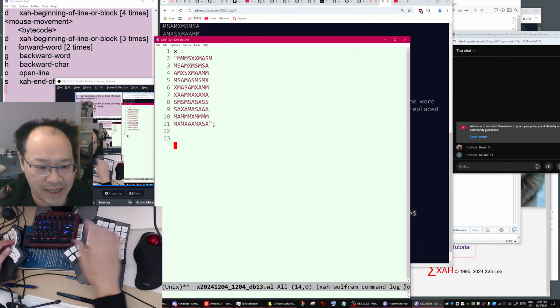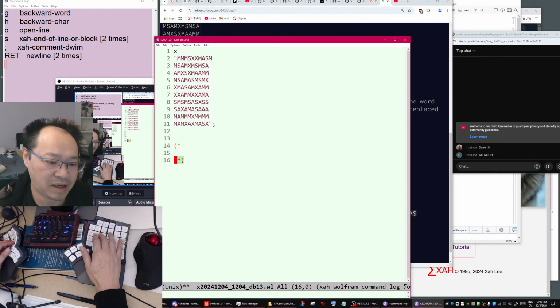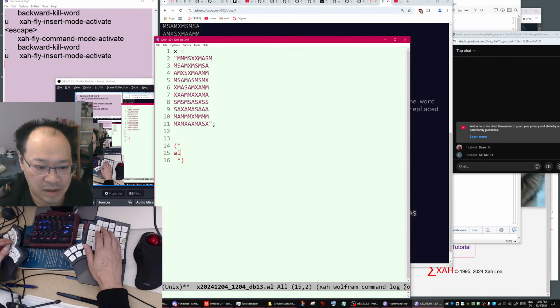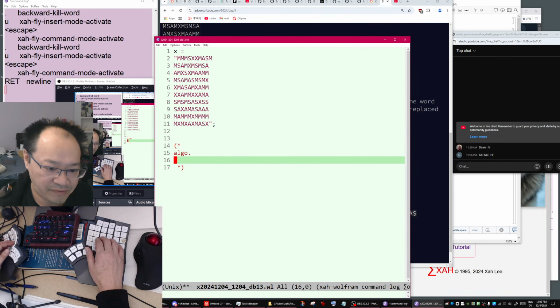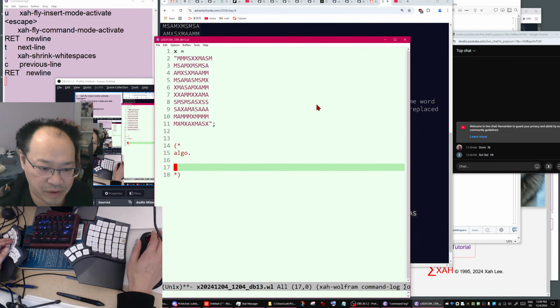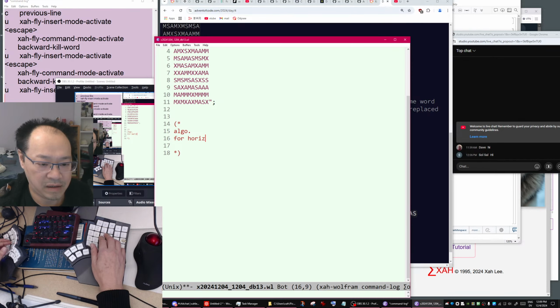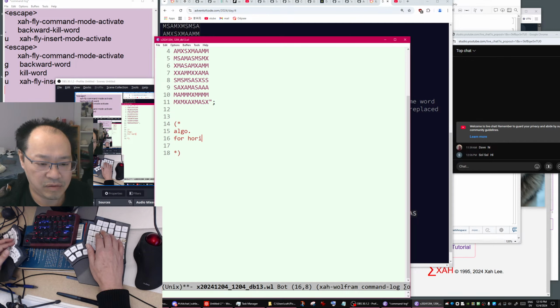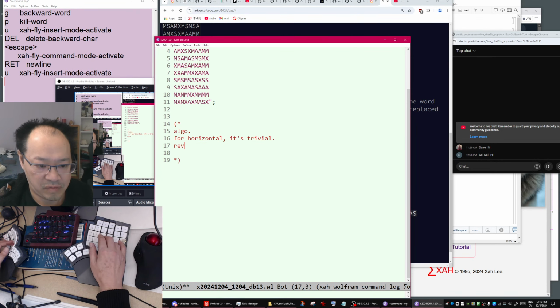Okay, so can you turn a matrix and extract the diagonal? That's the question. Let me write down the algorithm, because when we do a live video, when you write something down, people can see right away. For horizontal, it's trivial: reverse row.